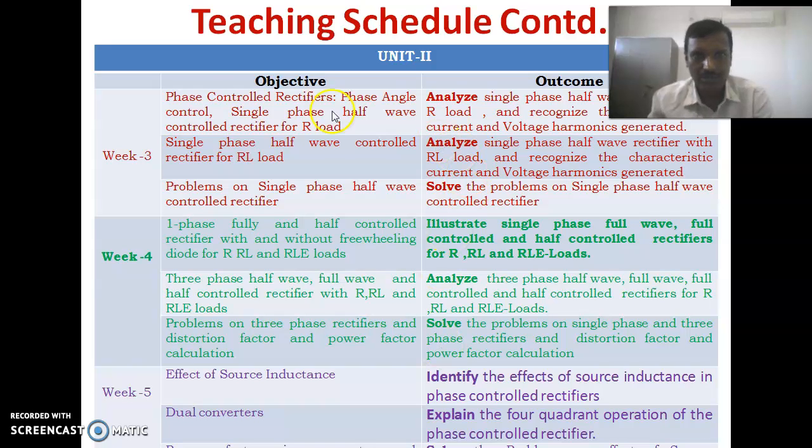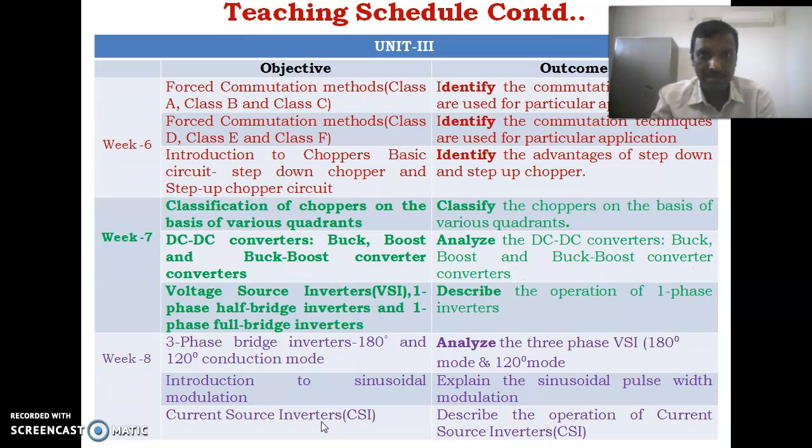And coming to unit 2, it is also divided into 9 sessions or 9 lectures. Each lecture has an objective and its outcome. The second unit also consists of 3 assignments. The third unit is also divided into 9 sessions, and each session is 1 hour, with an objective and an outcome. At the start of every week I will upload the assignment, and after the end of the week the student will submit the assignments in the CMS.